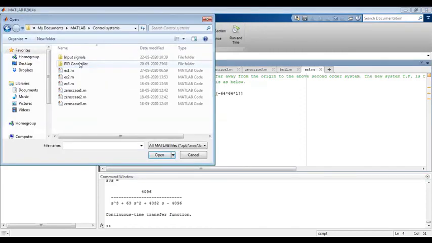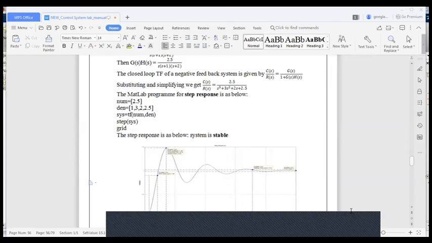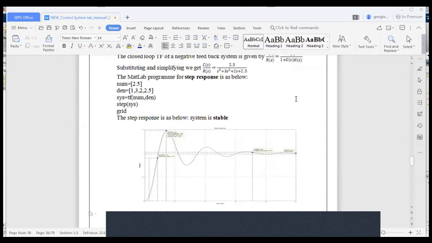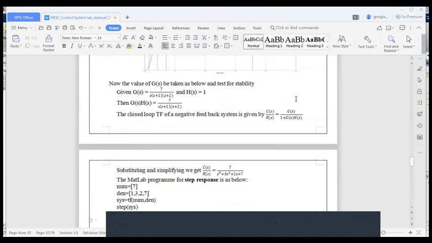So this is the last part. In the next case, we'll see. So after you enter the values in the decreasing power of s, then get the system response. You see that again the system is stable with the value of gain K equal to 2.5. So in one more case, let us observe. When you change the value of gain, what happens? Now in the next case, we are increasing the value of gain.